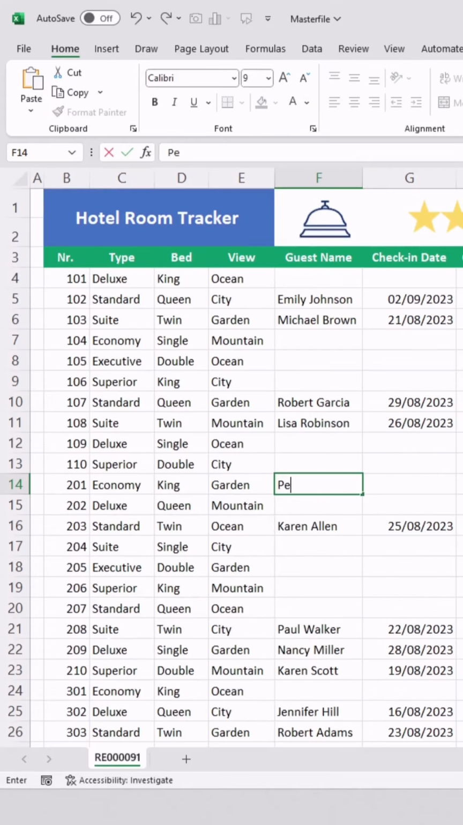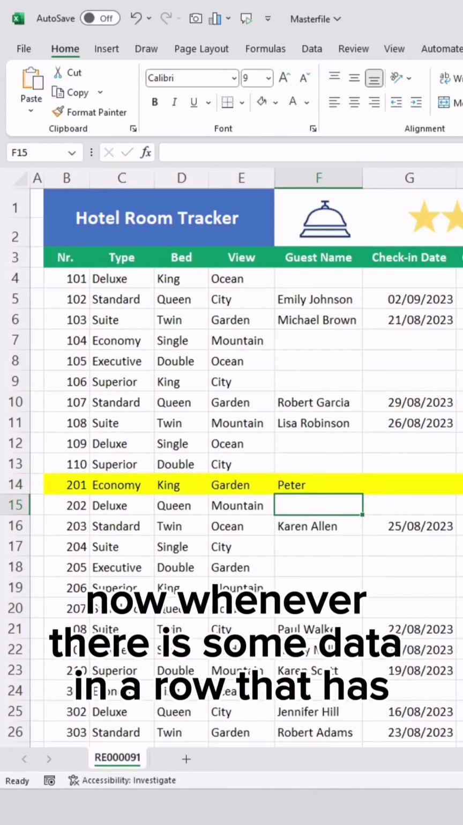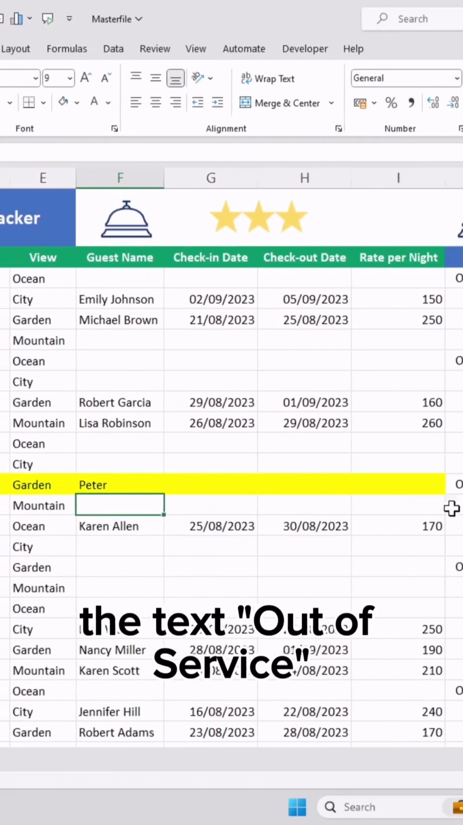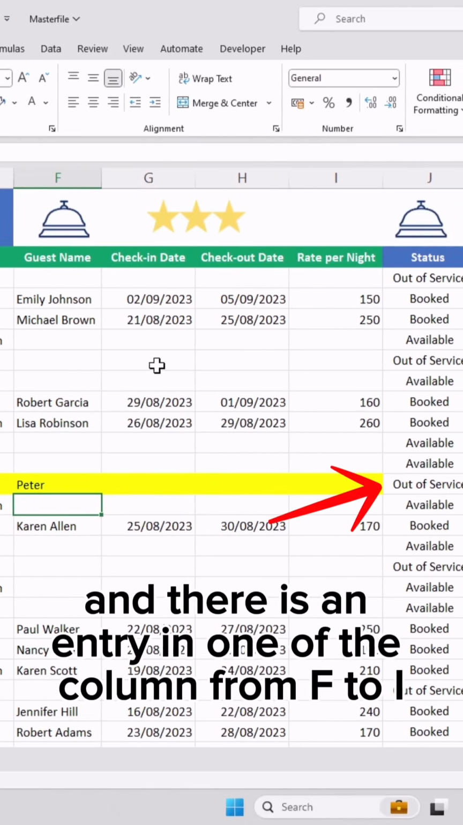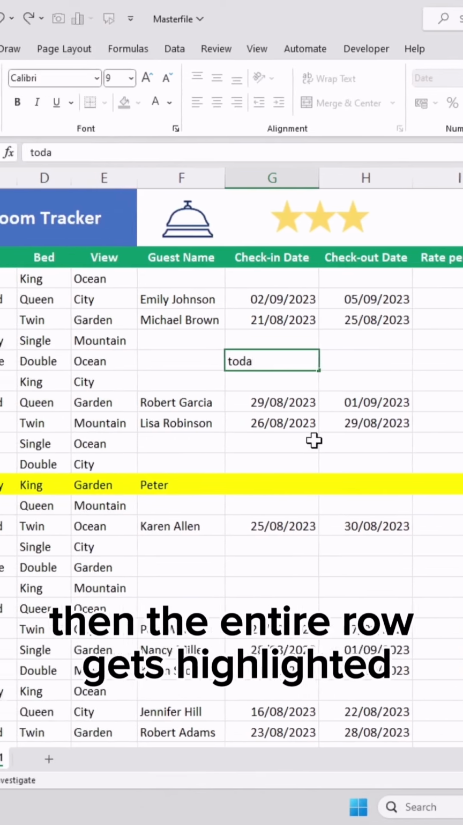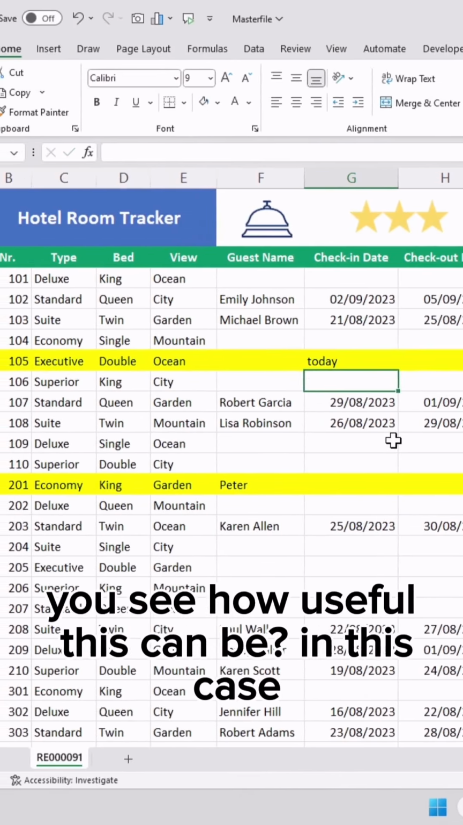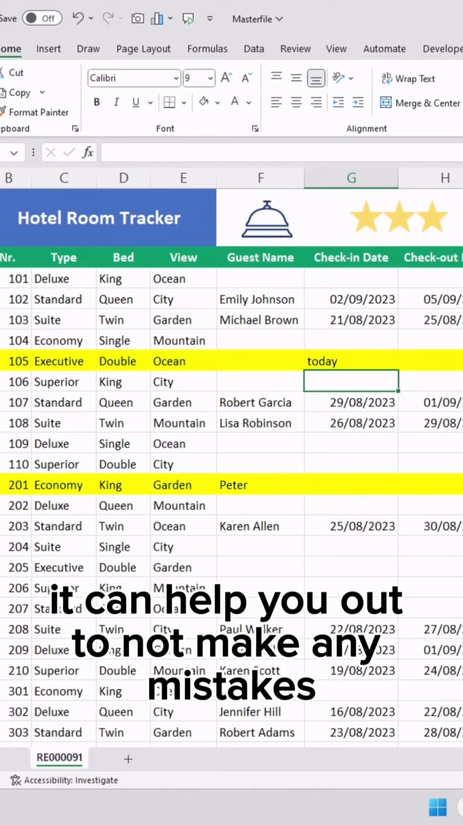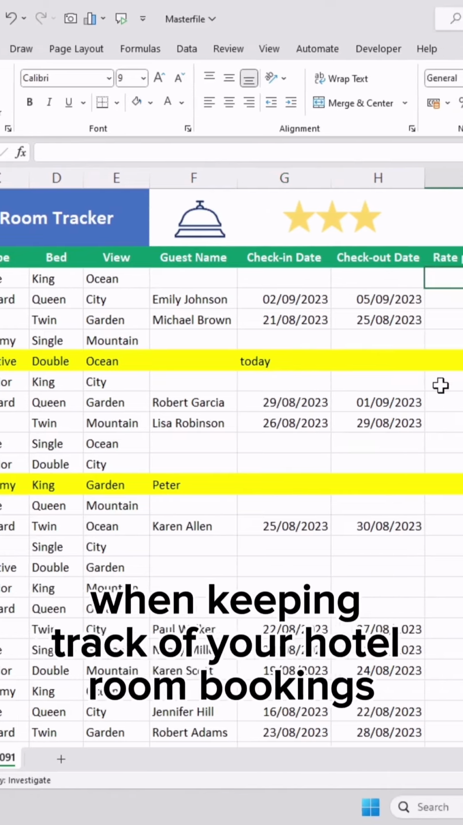There you go. Now, whenever there is some data in a row that has in the status column the text out of service, and there is an entry in one of the columns from F to I, then the entire row gets highlighted. You see how useful this can be? In this case, it can help you out to not make any mistakes when keeping track of your hotel room